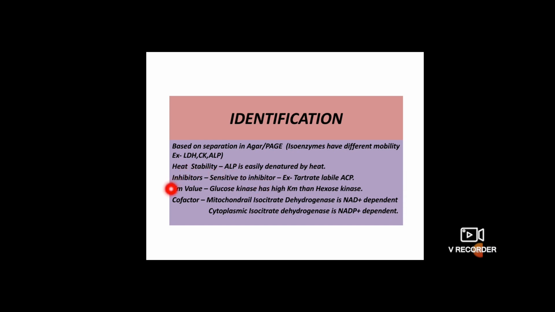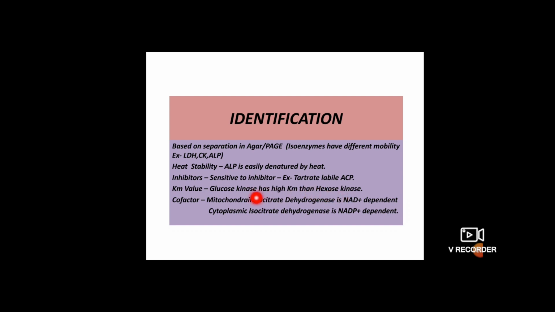The next important one is the Km value. Km is nothing but a constant value of the enzymes. We know very well that one enzyme will have one substrate. That's a concept. And we also have multiple enzymes, meaning complex enzymes which do a set of reactions, as we can find in fatty acid synthesis. Here glucokinase is there and hexokinase is there.